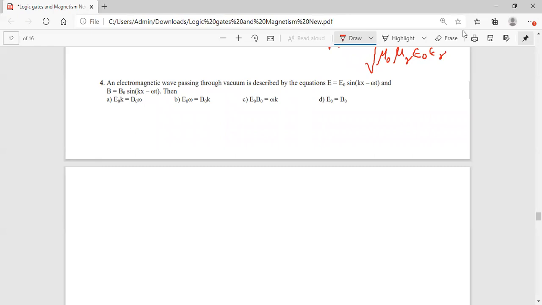Yes, we know that when the electromagnetic wave is traveling in the medium, it consists of oscillating electric and magnetic fields which are mutually perpendicular to each other. The propagation is perpendicular to them and it does not change due to the presence of the electric and magnetic field. Therefore, they obey the velocity selector. Therefore, the speed of the light is also given by C is equal to E naught by B naught.